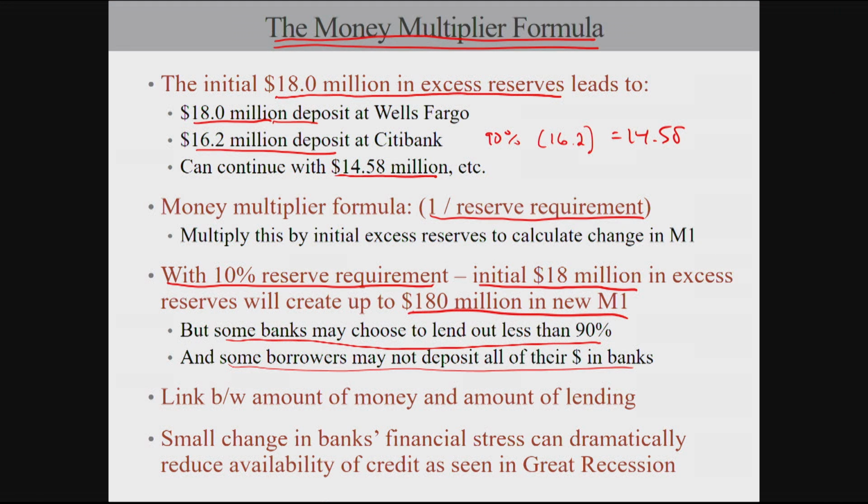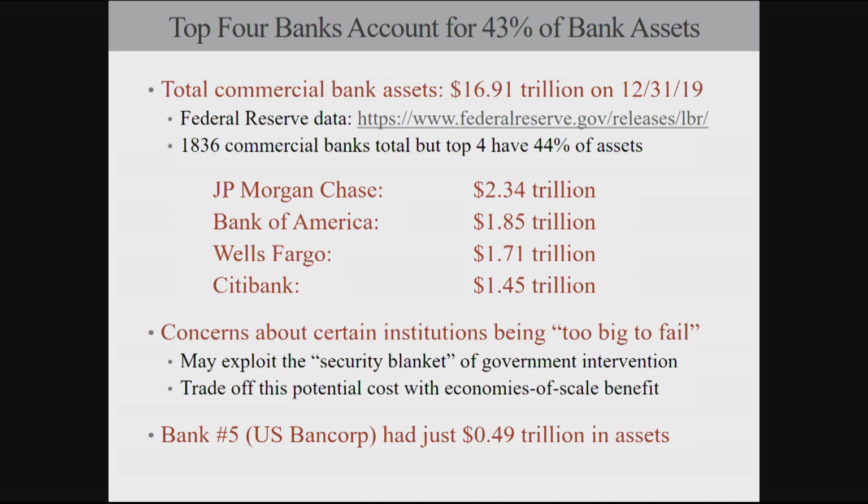Okay, so as you can see, there's a link between the amount of money and the amount of lending that's happening. As M1 is going up, the amount of lending is going up as well. If you look in the US, there are 4 banks that account for a very large share of all bank assets. So almost half of bank assets are owned by 4